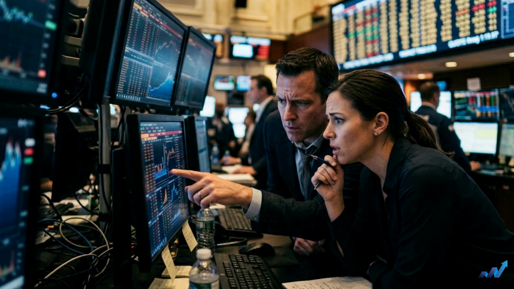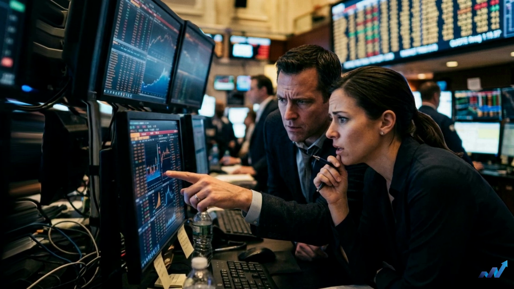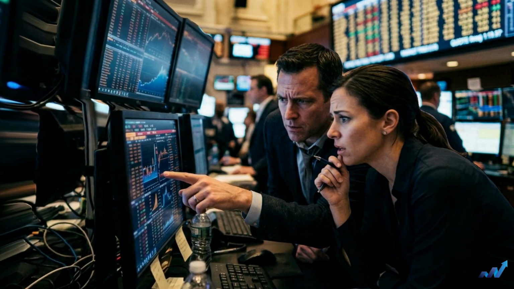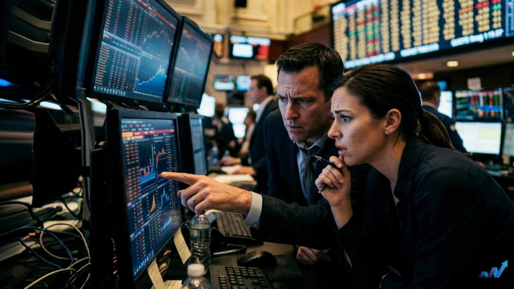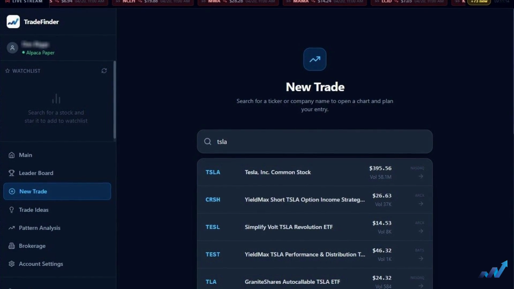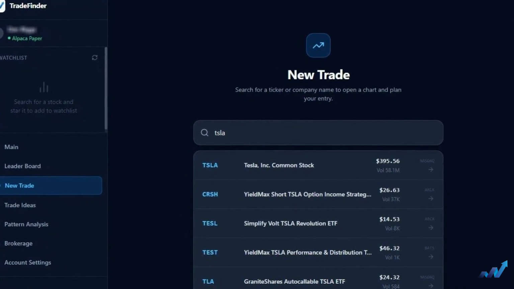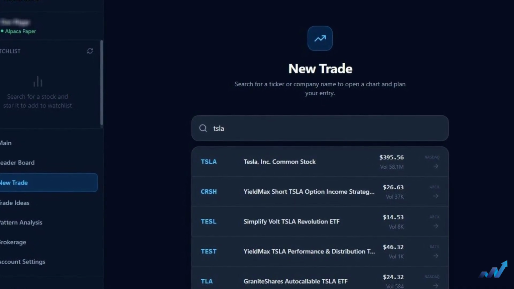This has been a brief explanation of how to form a trade within any of the trade idea areas, including from the live stream area. New trade page. This is where you can trade any ticker you want. It does not require a trade idea. When you want to trade a specific stock, rather than using trade ideas or the live streaming ribbon, go to